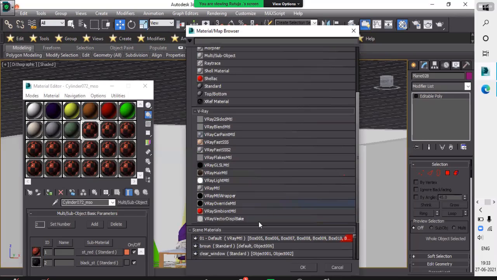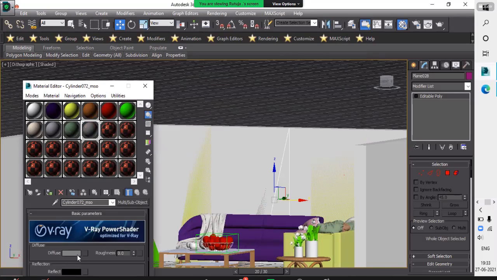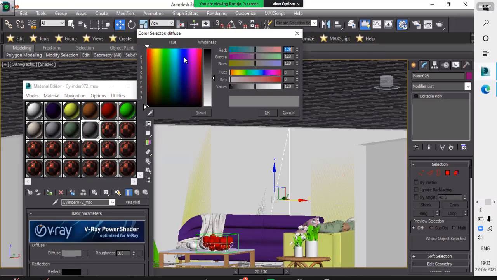So take V-Ray material, press OK, and go in the V-Ray material box and color, get the color which you want. It's very hard to get the color you want here because lots of shades are available in V-Ray.